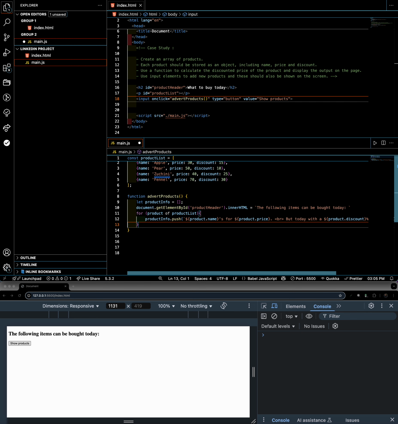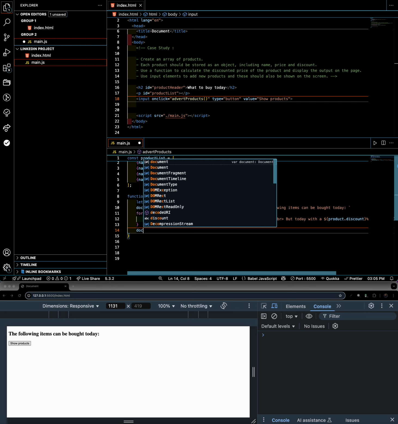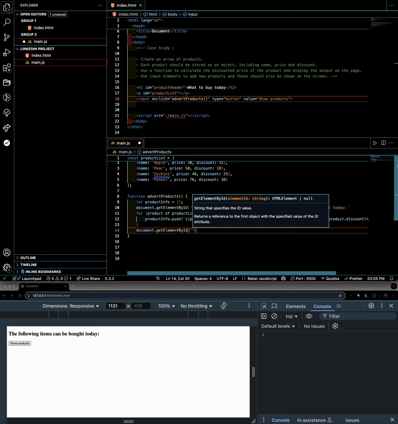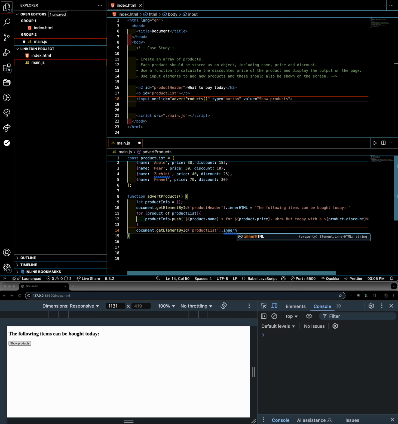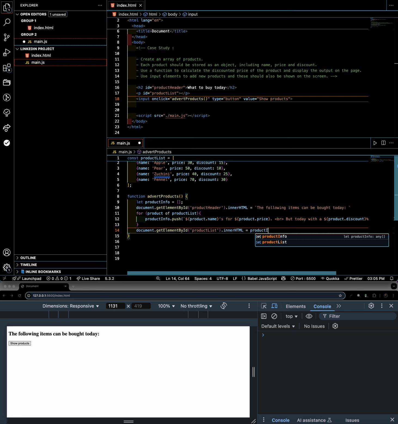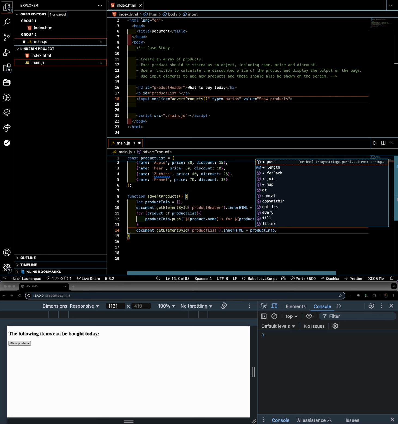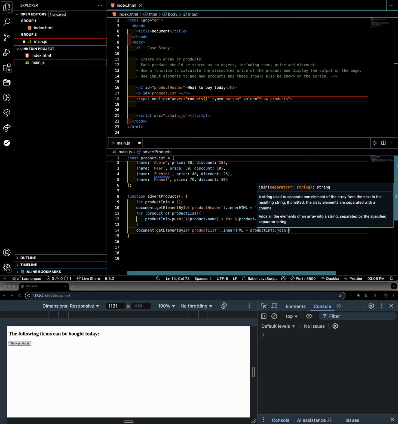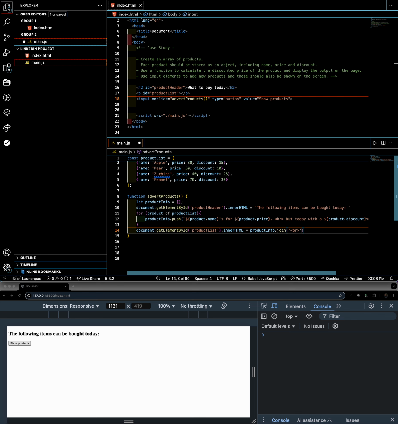For this, I go here and say document get element by ID, which element, the name is product list, inner HTML equals to product info dot join, which gives me the possibility to print out all of them together, and I will separate these with always another line, so I use this. Alright,